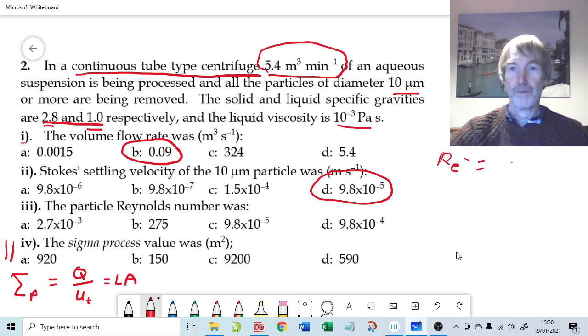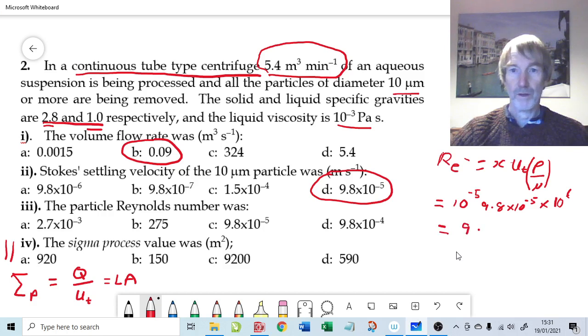So particle Reynolds number is equal to the diameter of the particle, the terminal settling velocity we just calculated, and if I keep these two together, because they will equal 10 to the power 6, then I'll come over here for the equals. We have 10 to the power minus 5 meters. We have a velocity of 9.8 times 10 to the minus 5, and with a density of 1,000 and a viscosity of 10 to the minus 3, that is all multiplied by 10 to the 6. So that quite nicely cancels out some of those minuses. So we have 9.81 times 10 to the minus 4 as the answer for the particle Reynolds number,